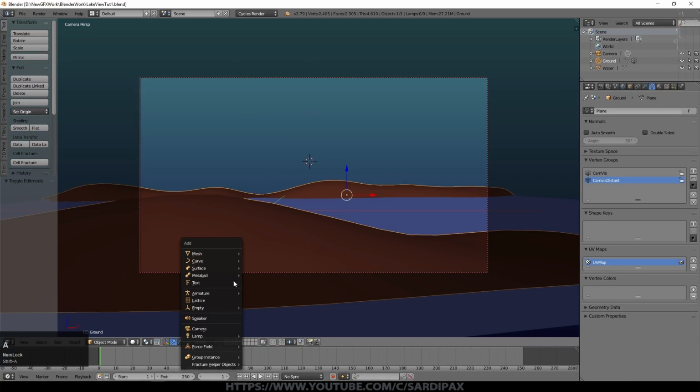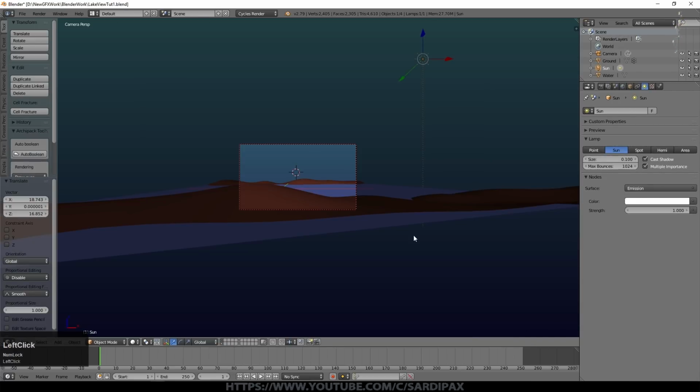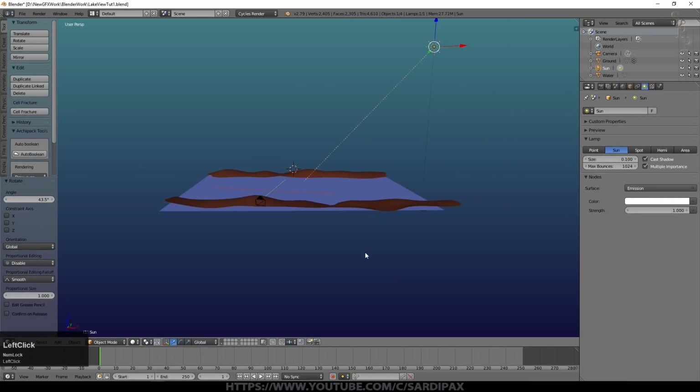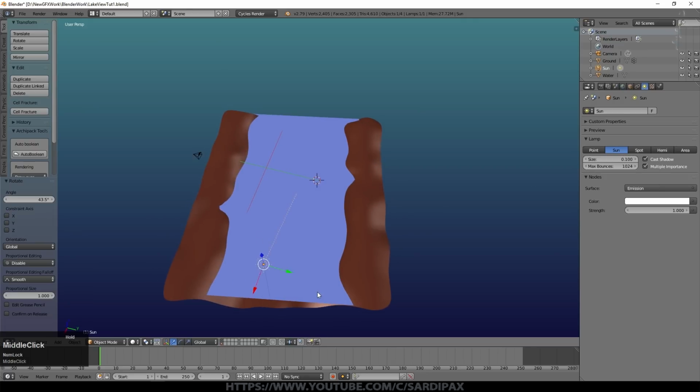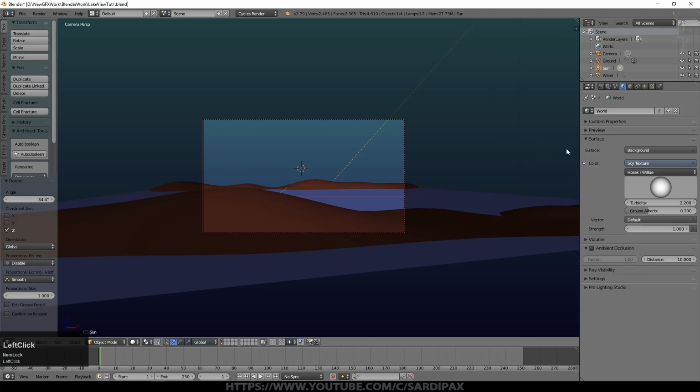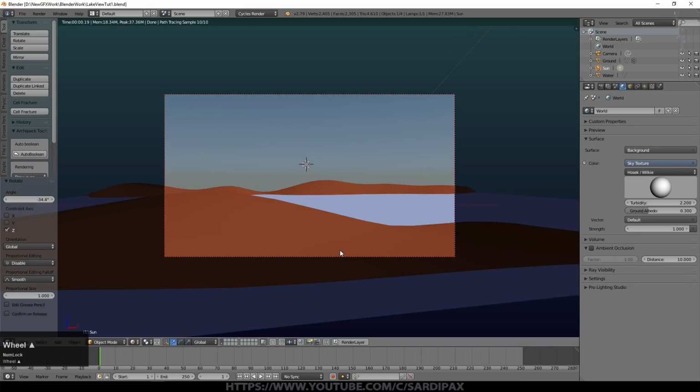Now going to add a simple sun lamp. I like to put it somewhere logical in the scene, even though it doesn't really matter where it is in the scene. And we'll have it about there. Slightly yellow colour for the sun. We'll put it at a brightness of 5 and a size of 0.01. So it's quite small, which means the shadows will be quite sharp. I'm just going to set a simple sky, which will be a light blue sort of colour with a normal strength of 1. So if we have a look at that, there it is, very basic scene.